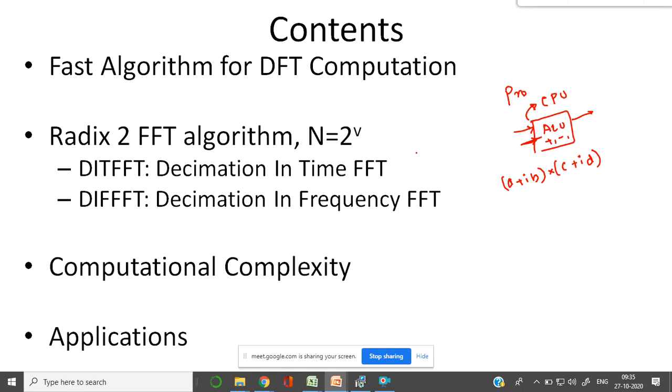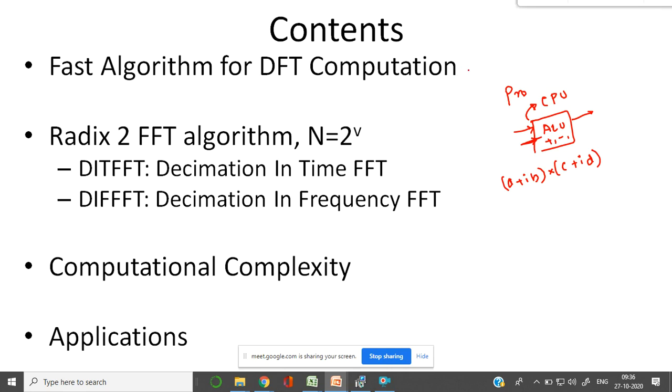So now what we think is: is it possible to calculate the DFT efficiently? When I say efficiently, is it possible to reduce the number of multiplications and additions compared to normal DFT computations? That is my agenda, right? Before starting the efficient computation, I should know how many complex multiplications and complex additions are present in my normal calculations, and how they can be reduced, right?